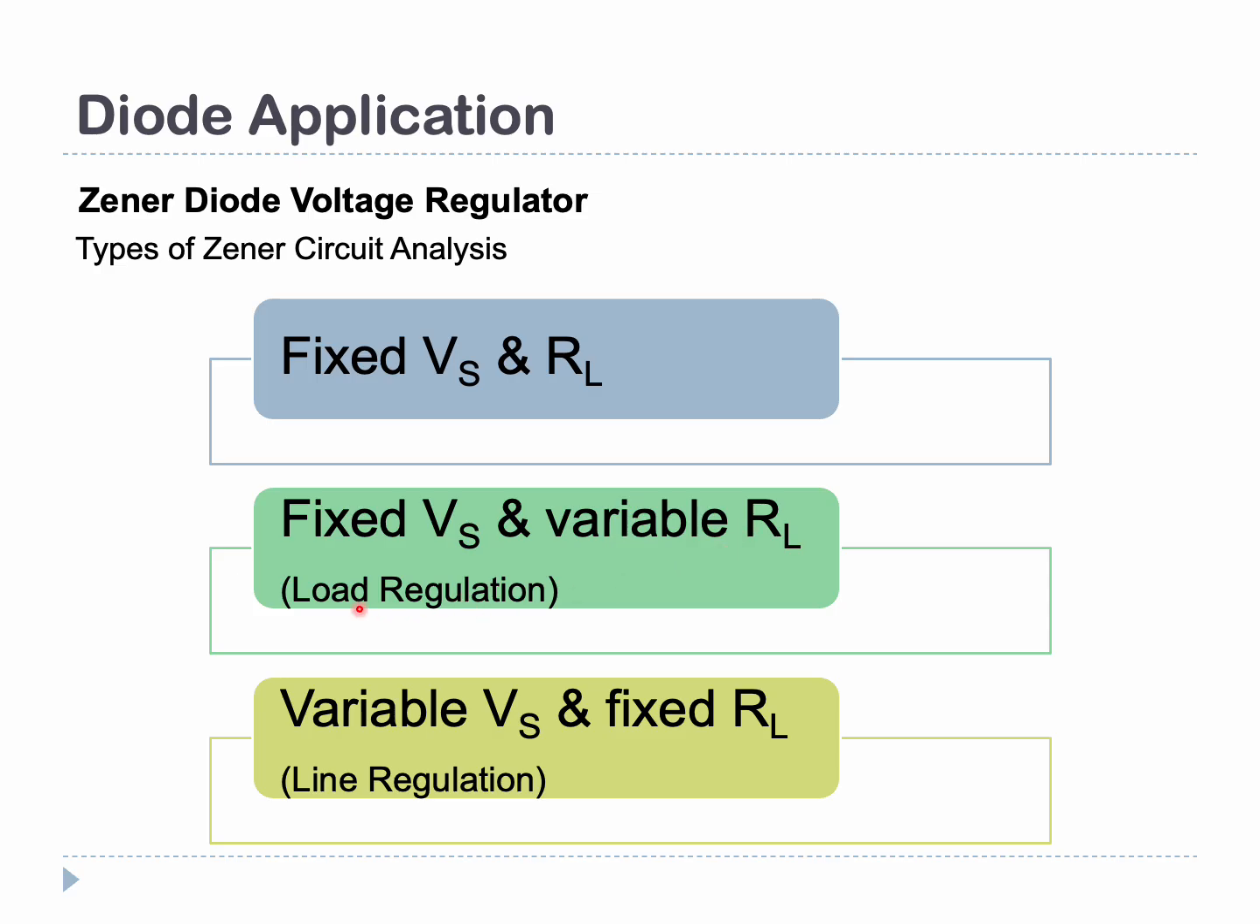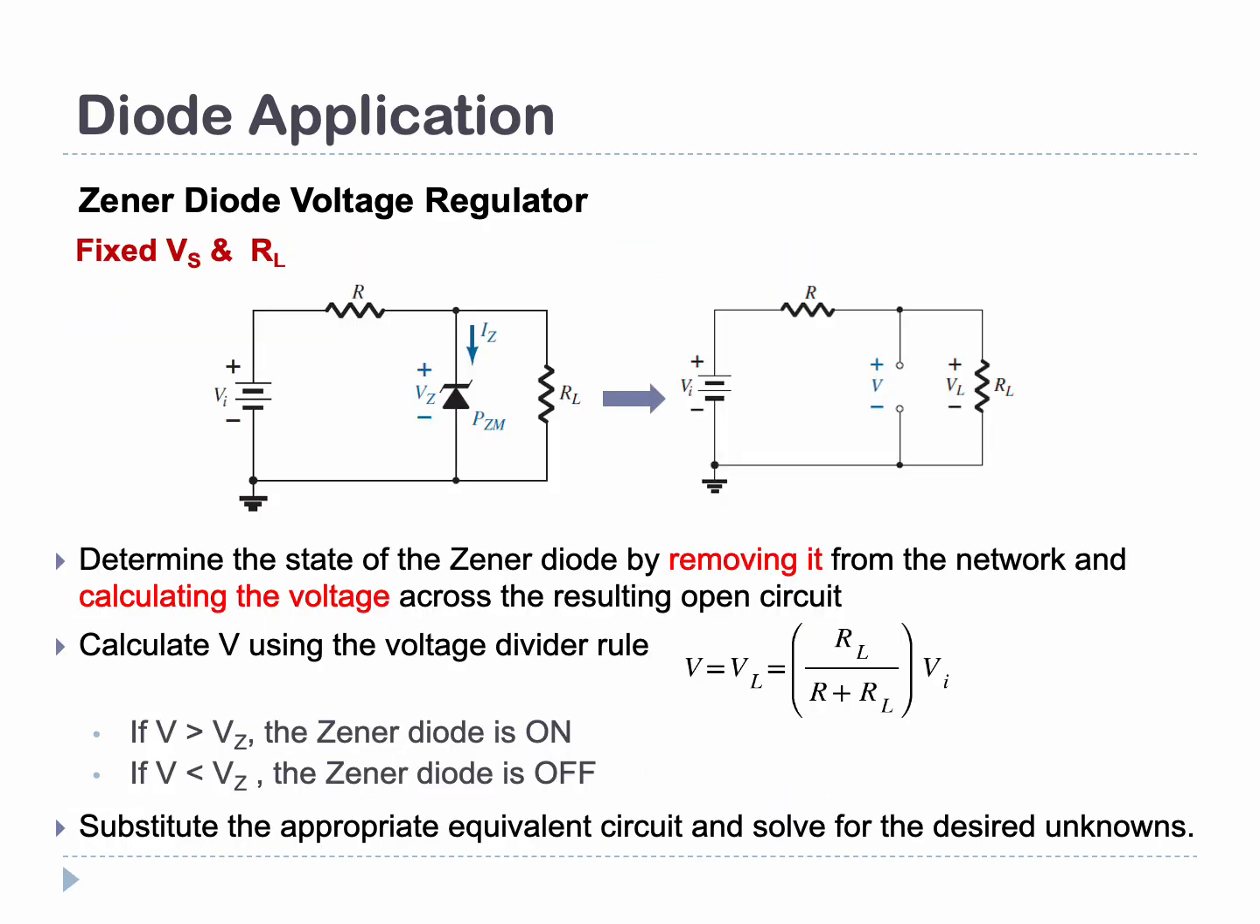Alright, so in this case we said load regulation, because your load now is changing. The third type is known as line regulation, where in this case your Vs is variable, is changing, and your load resistance is in a fixed condition. Right, so all of these three you need to know, because this is a very famous condition of a zener circuit analysis. Alright, so let's look at these